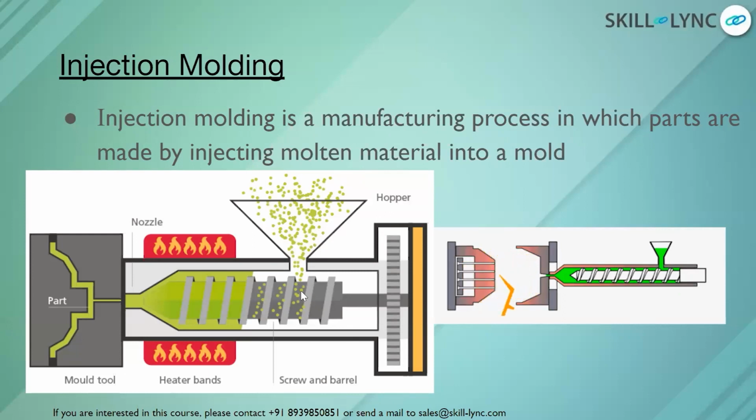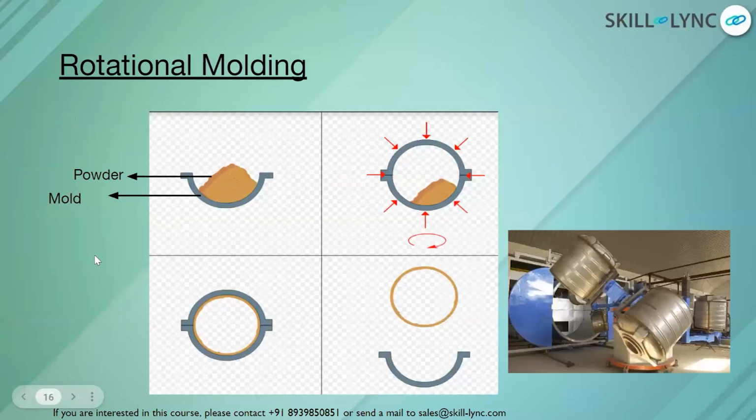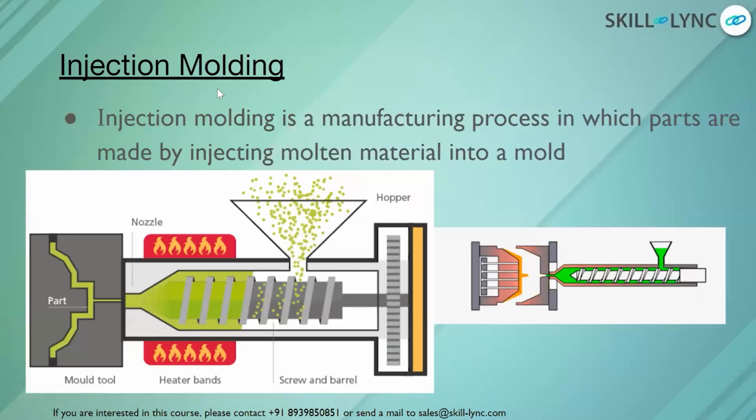Now this molten material is pushed into a cavity, which is a combination of two parts closed together to form an area which can be filled to form the plastic component. So we have the core and cavity arrangement here. We'll have one part which is your core, and the other part which is your cavity. Accordingly, you are going to have this mold created, and then the molten material will be injected to get